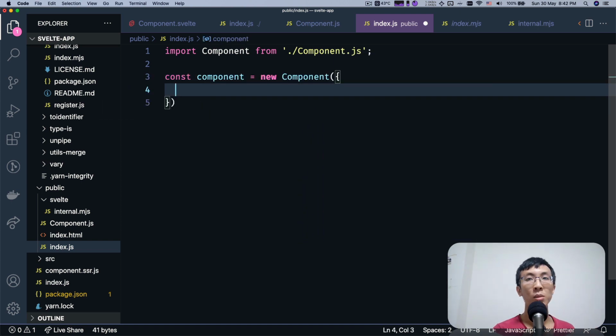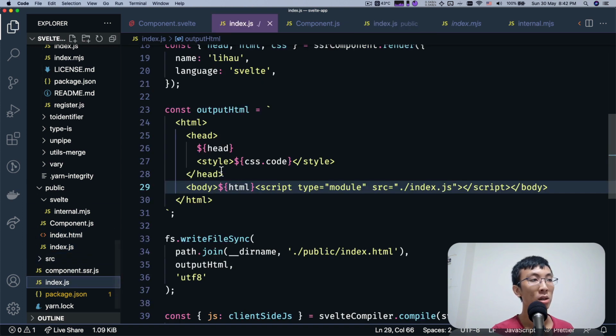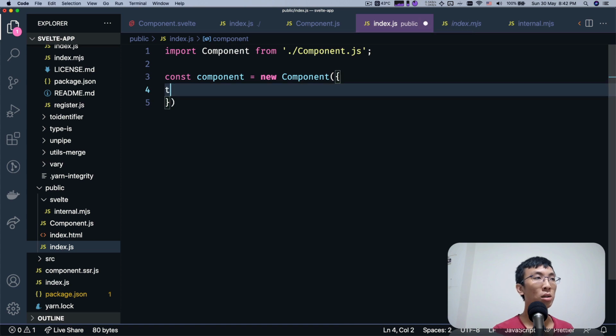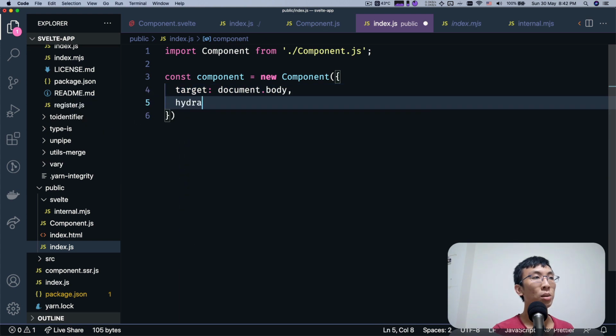And now I need to figure out my targets. In our case, the target is the body because we pasted everything HTML into the body. So I'm going to say targets equals to the body. Wait, sorry, document.body, and then hydratable.